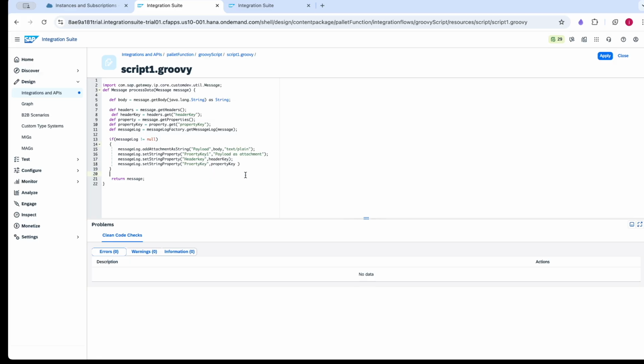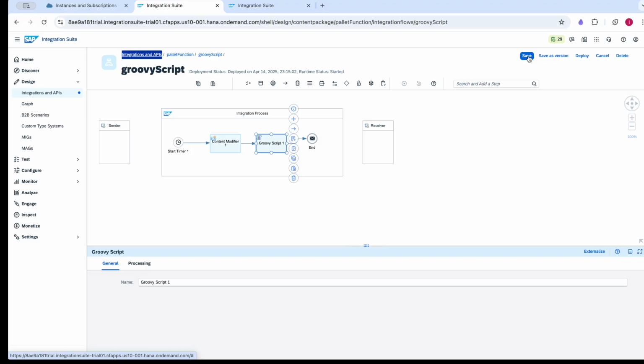For the time being, I will be commenting this one. I am going to fetch the headers and properties. Since we have only defined one header and one property, I am taking the custom ones and assigning them to the log. Now we'll apply. Any errors, no warnings. Now go for GroovyScript, save,